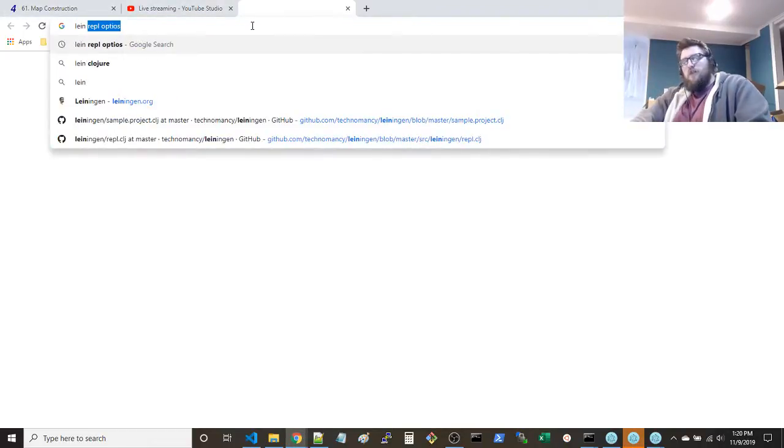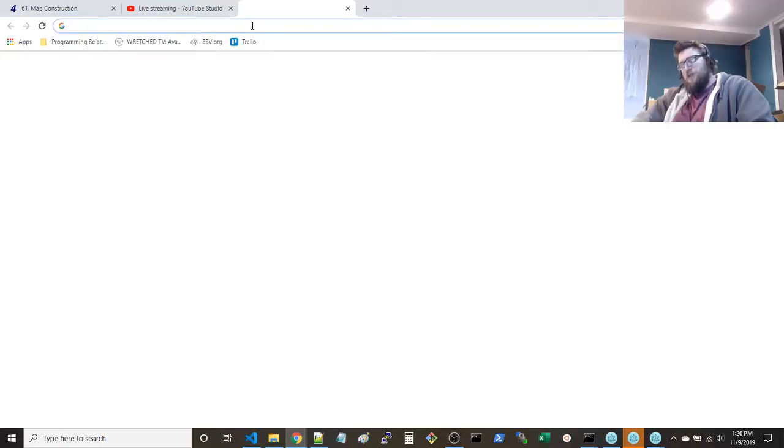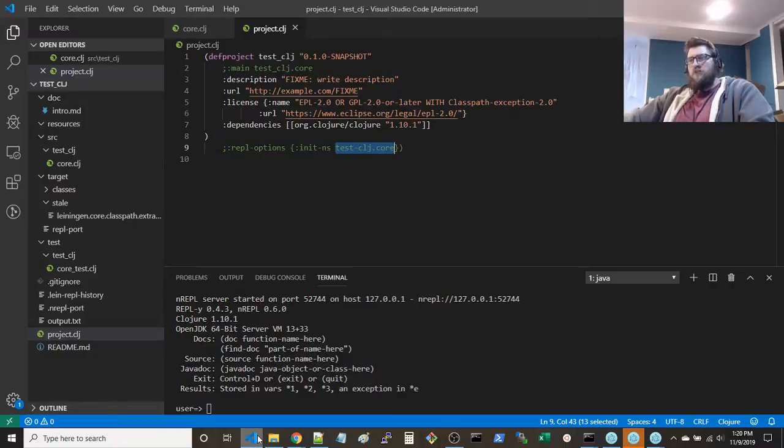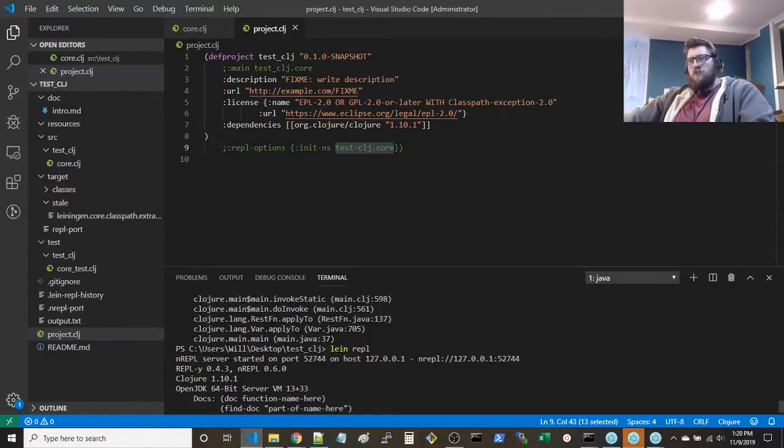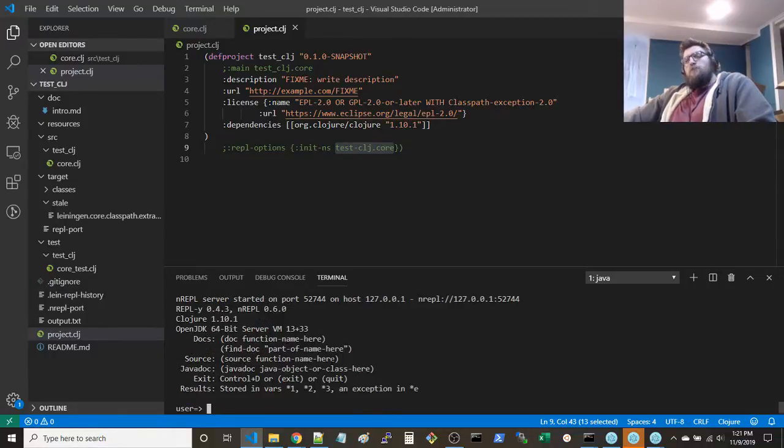Okay. What do you want to call this thing here? Leiningen, REPL. Oh. What am I missing? What's this called? Init ns, that's what I'm looking for.